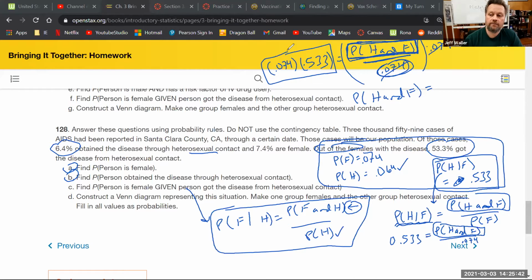I think it's like 0.4 something maybe. Is it right around 0.4? 0.039? Is that what it is? 0.039. Okay. And now